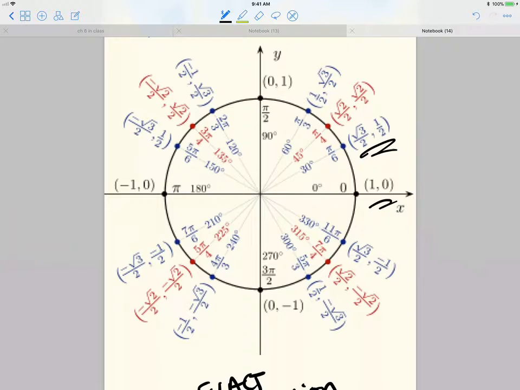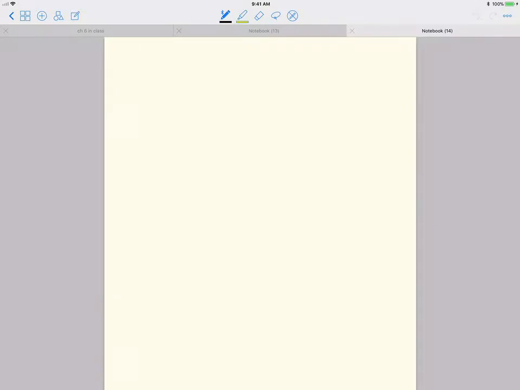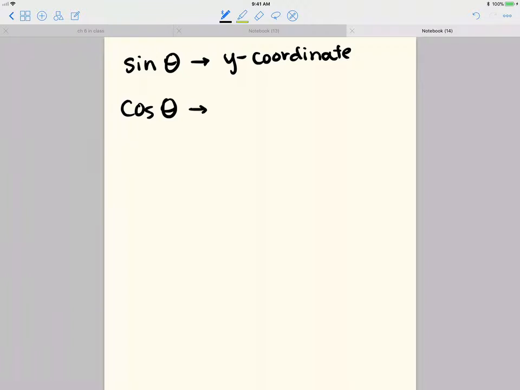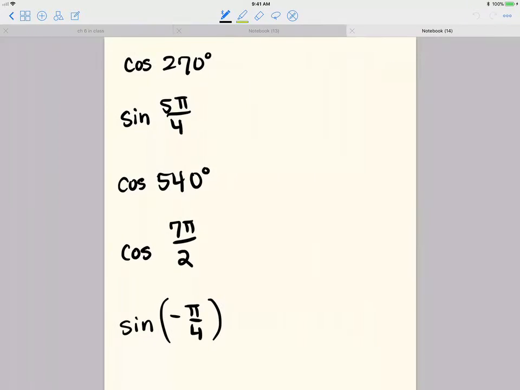the coordinate points. So if you recall, there were three trig functions to begin with. There was the sine of an angle and the cosine of an angle, and the sine of the angle went with the y-coordinate from the unit circle, and the cosine of the angle went with the x-coordinate. So if we have really simple questions that ask you for the sine or the cosine and give exact values,